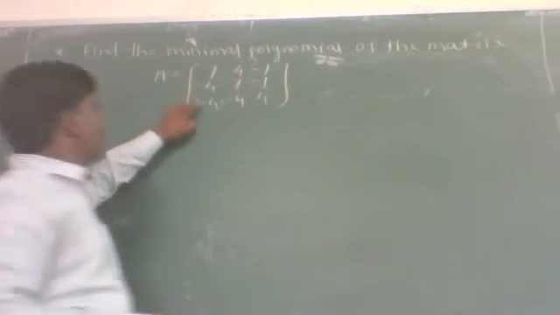So here we have to find the minimal polynomial of the matrix A, where A is a matrix of order 3 cross 3, whose row elements contain 7, 4, minus 1, 4, 7, minus 1, minus 4, minus 4,